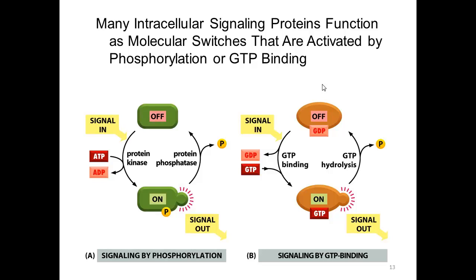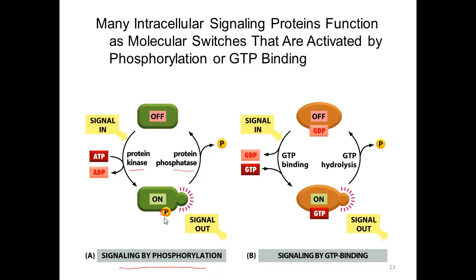Okay, we resume our discussion on signaling, focusing on the mechanism of information transfer. On this slide, we see the two primary molecular mechanisms whereby the information is transferred between proteins. And the dominant one will be this phosphorylation event. And that is, there are two types of proteins, protein kinases, which put phosphoryl groups onto proteins, and phosphatases, which